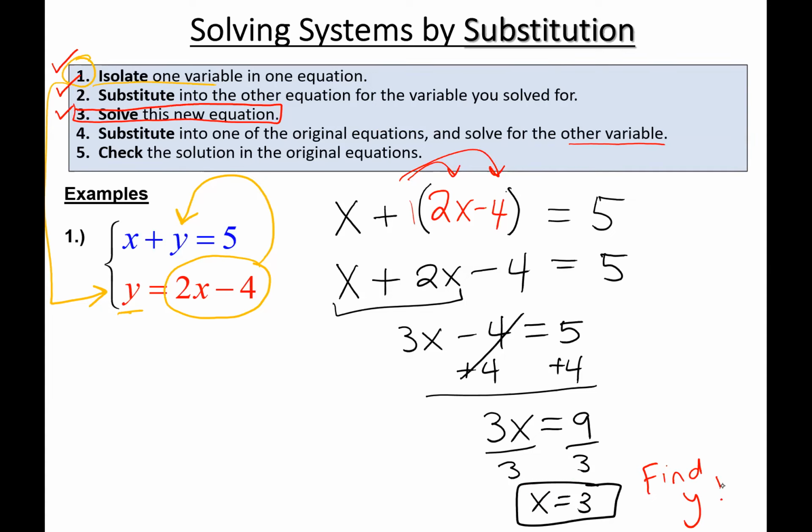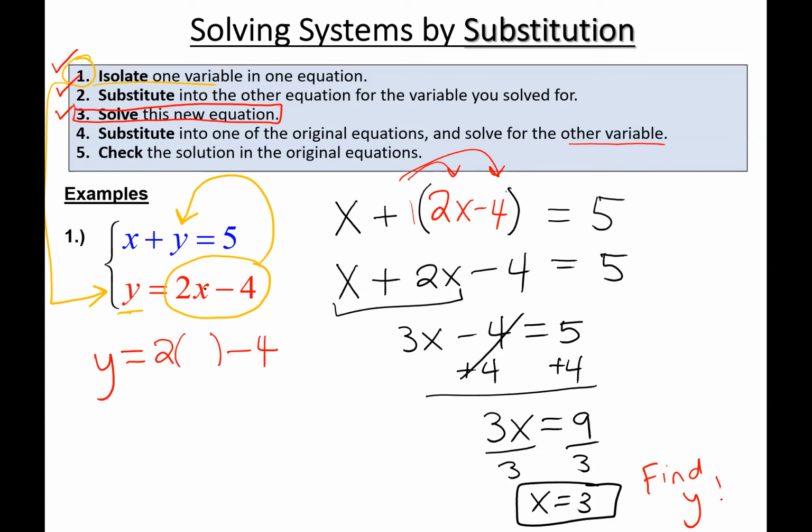So we can substitute into either one of the original equations. It does not matter which one. Sometimes one will seem easier than another. I think I'm going to actually do the second one because since I'm trying to find y, it's handy that I have an equation where y is already by itself. So I'm going to plug in or substitute into that second equation, y equals 2x minus 4,